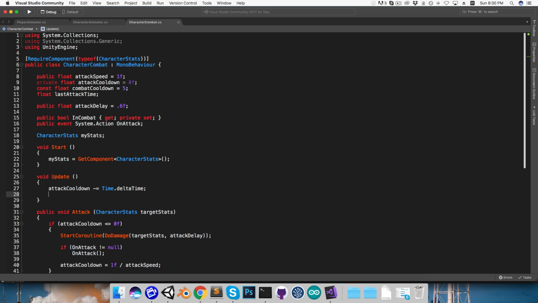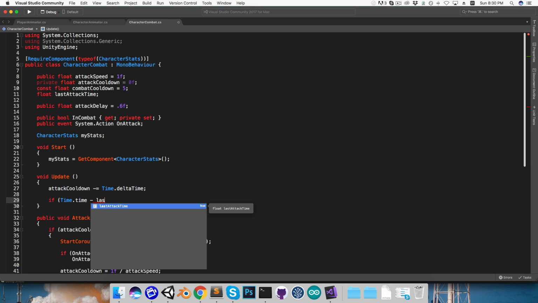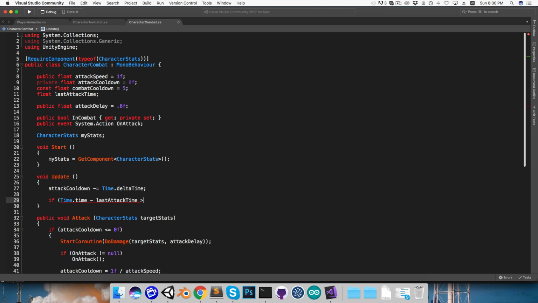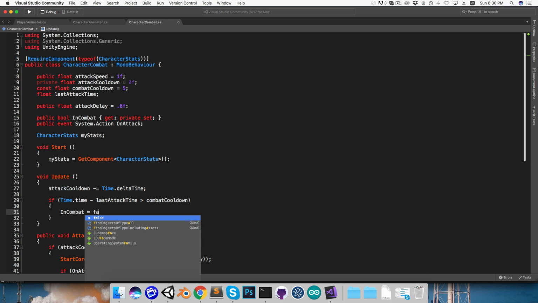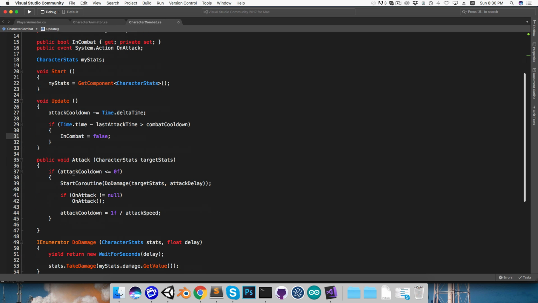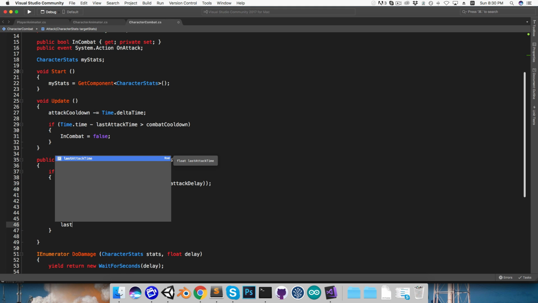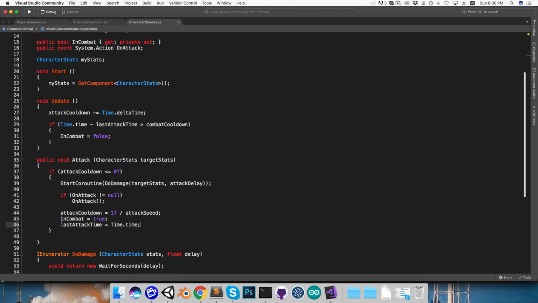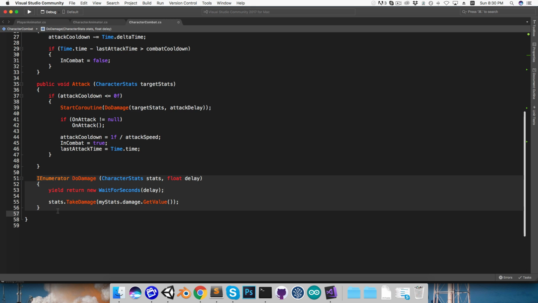And so in the Update method, if Time.time minus the lastAttackTime is greater than the combatCooldown, then we're no longer in combat, so I'll set that to false. And if an attack is performed, then inCombat will be set to true, and the lastAttackTime will be equal to Time.time. Now, I would like inCombat to immediately be set to false if the character kills